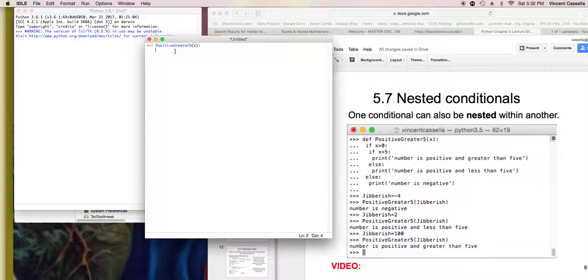Okay, and so now within the function I'll say if x is greater than or equal to 0. That means if the number is positive, then it's going to execute the statements underneath. Well, underneath I'm going to have another if statement. So this is my nested conditional. So not only is it greater than or equal to 0, but now if x is greater than 5, I'll have another condition. And now I will print